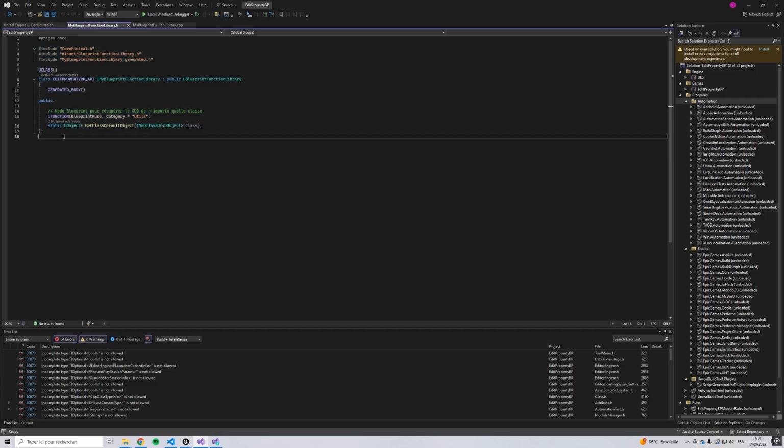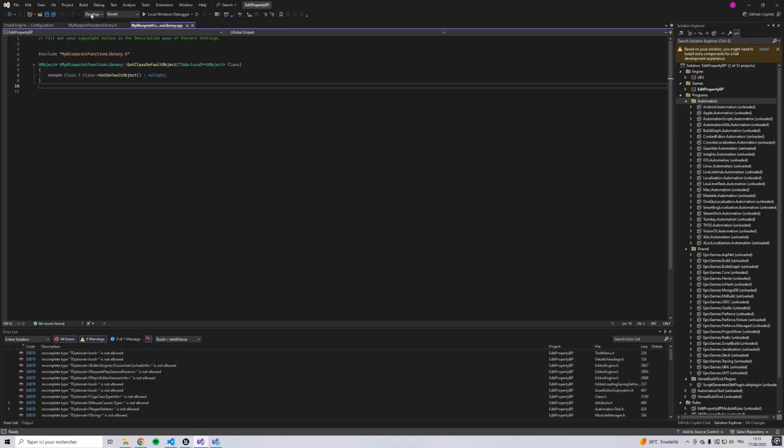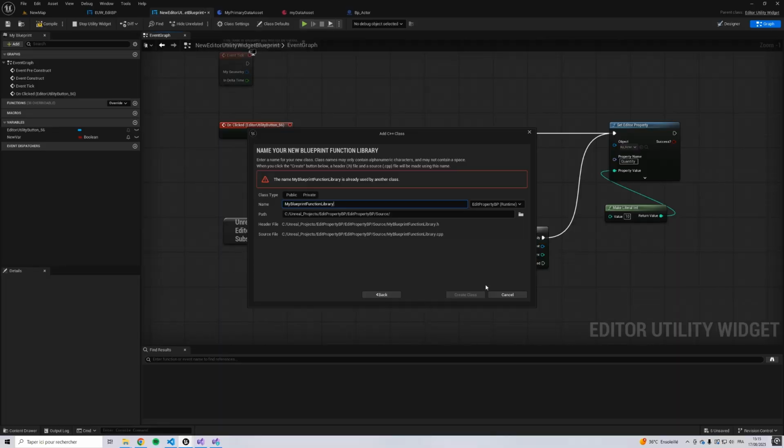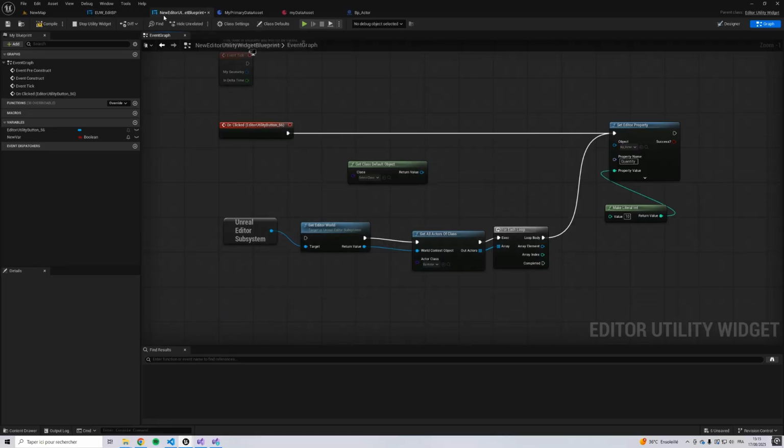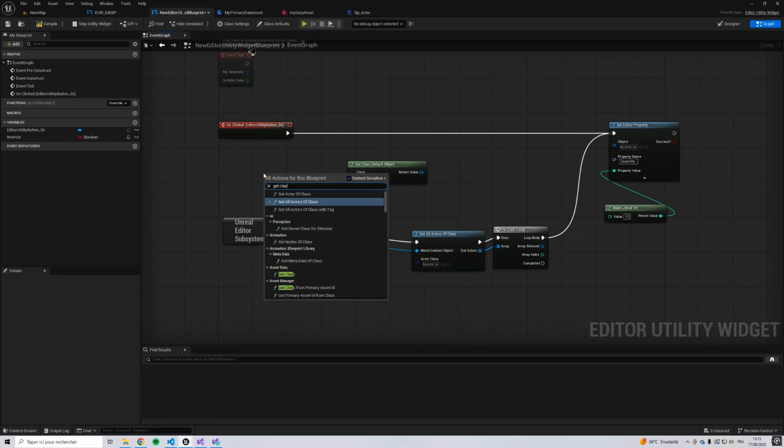I will write it down in the description if you want to try it. And so then I had to build. It took a little bit of time, and once it was okay, I was able to go back to my utility blueprint to right click to get class default object, and you can see now in utils